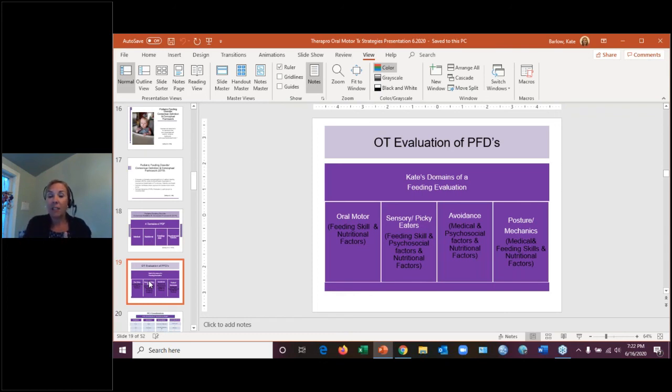The sensory children, children with sensory issues, the picky eaters, right? A lot of times it's feeding skill, psychosocial factors, as well as nutritional factors. You know, how many foods are they eating? Are they eating more than 10 foods? For kids who are absolutely in food avoidance, there's usually medical issues, there's psychosocial factors for sure, and nutrition